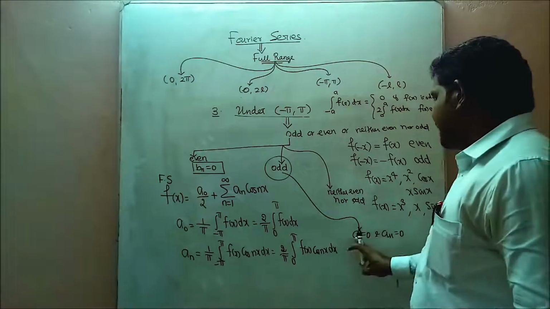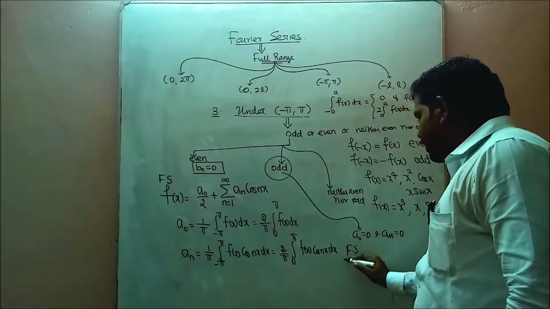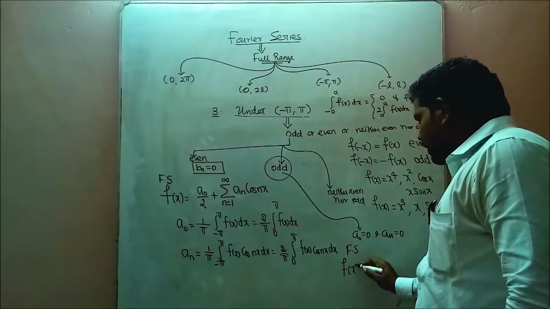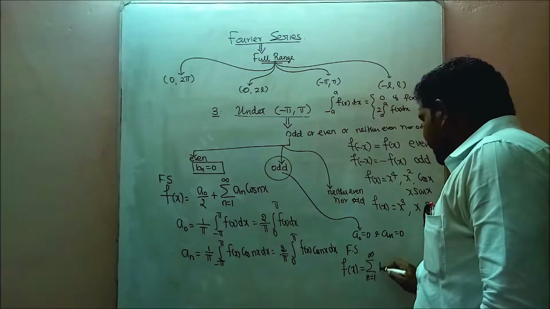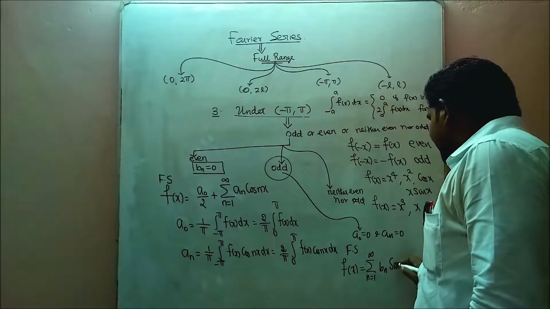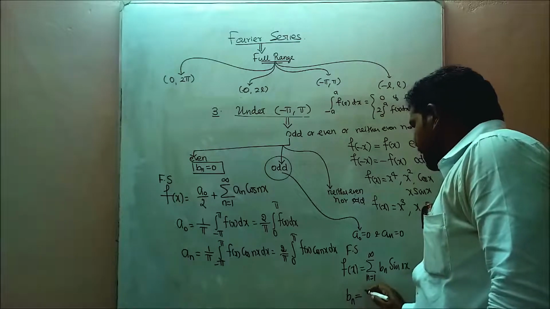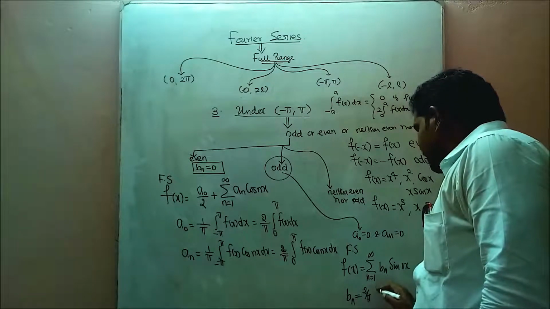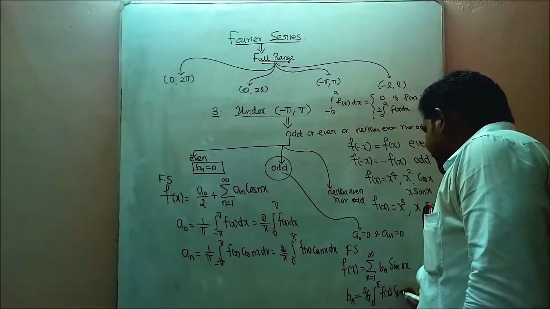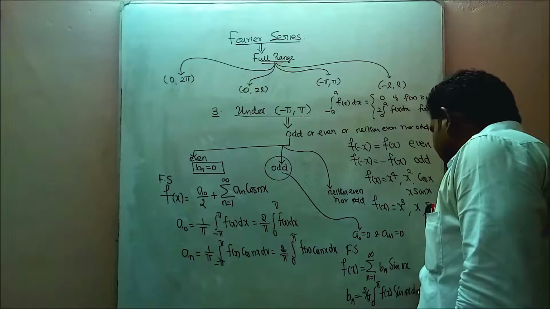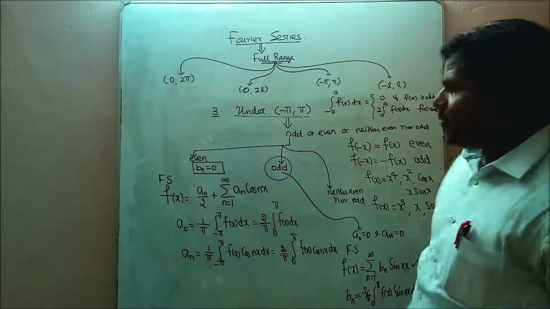So directly we can take a0 = 0, an = 0. இப்போ இந்த Fourier series என்னவா மாறிடும் அப்படின்னா, f of x is equal to sigma n = 1 to infinity bn sin nx அப்படின்னு வந்துடும். இதான் ஃபார்முலா. bn is equal to 2 by pi integral 0 to pi f of x into sin nx dx. So நீங்க bn வேல்யூவை கால்குலேட் பண்ணி இந்த ஃபார்முலால சப்ஸ்டிட்யூட் பண்ணா, you will get the required